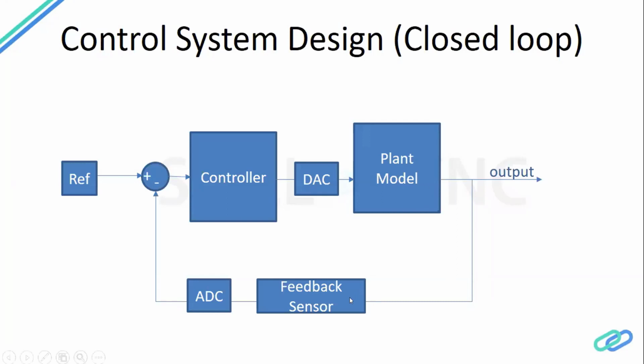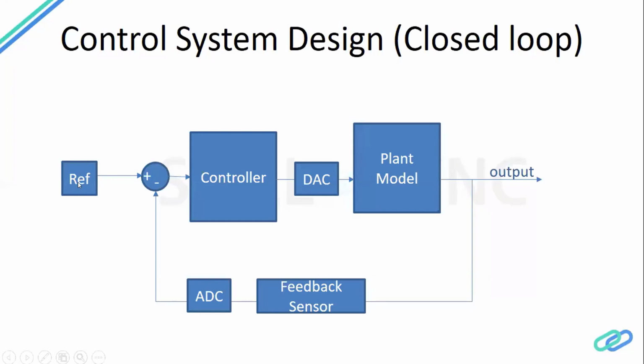And this is our feedback sensor. It is basically the feedback coming from our plant or the system which we are trying to control. And it can be any sensor. It can be your hall sensor, it can be your torque sensor. Whatever system you are using, according to that, you will have a sensor to send the signal to your controller that there is some kind of difference between your actual output and the output which you are giving in reference.